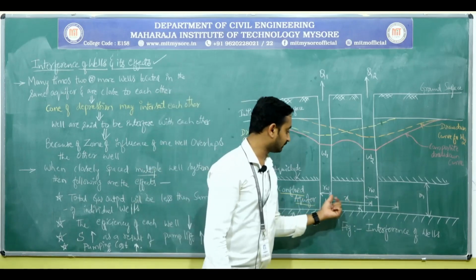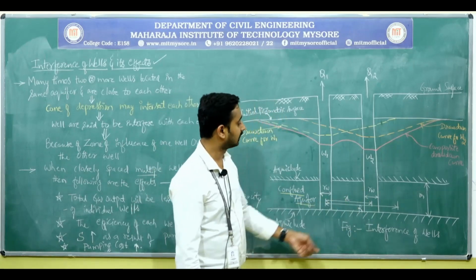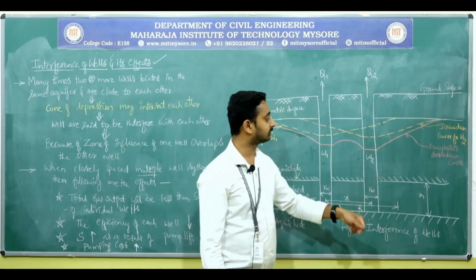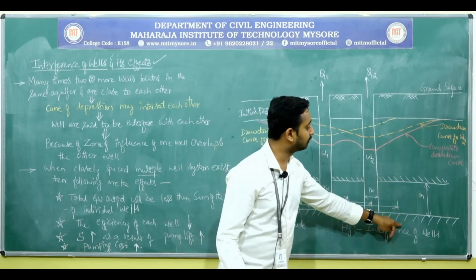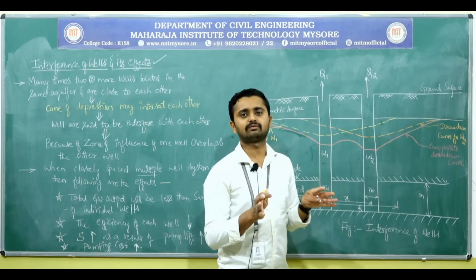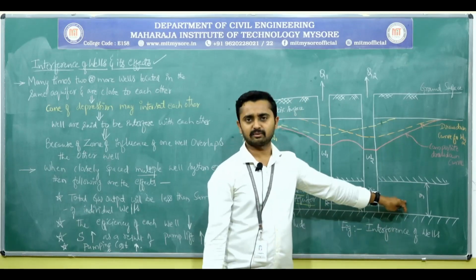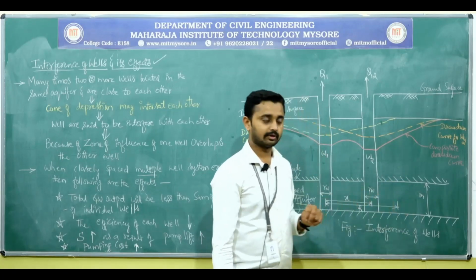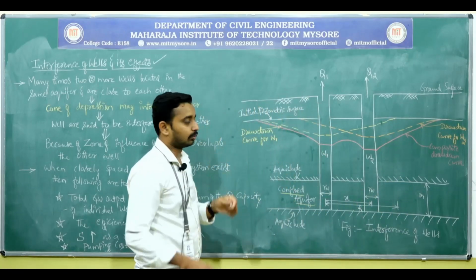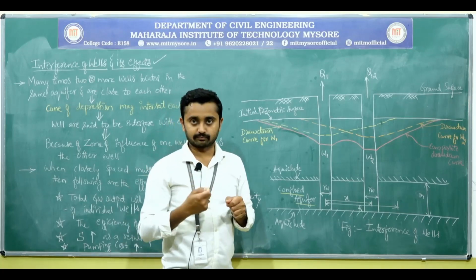Okay, x is the center to center distance between the wells and r is the radius of influence, m is some meters of distance between the two impervious layers. Let's say for example 5 meters distance between the two impervious layers. Okay. Once you start the pumping,